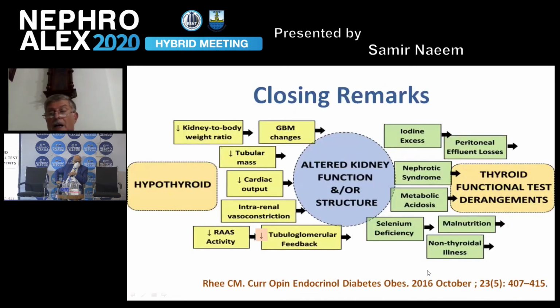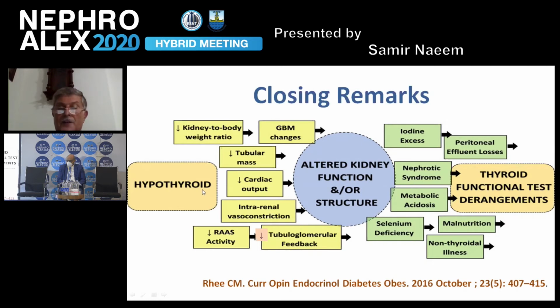So at the end, Mr. Chairman, ladies and gentlemen, allow me to conclude by saying that the relation of the thyroid and kidney is a two-way relation. With hypothyroidism, you get alteration in the kidney profile with diminished tubular mass, diminished cardiac output, intrarenal vasoconstriction, diminished RAS activity, diminished tubuloglomerular feedback, and thickened glomerular basement membrane, leading to deterioration of kidney function, and these usually are reversed